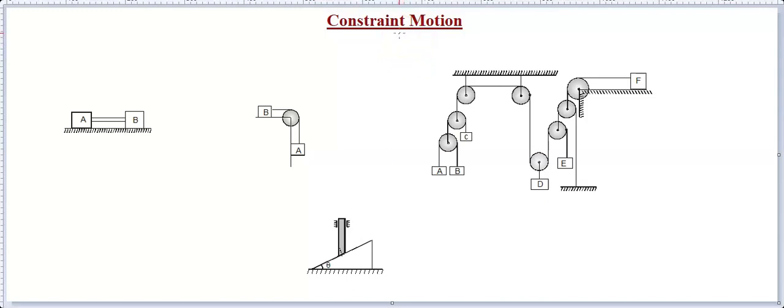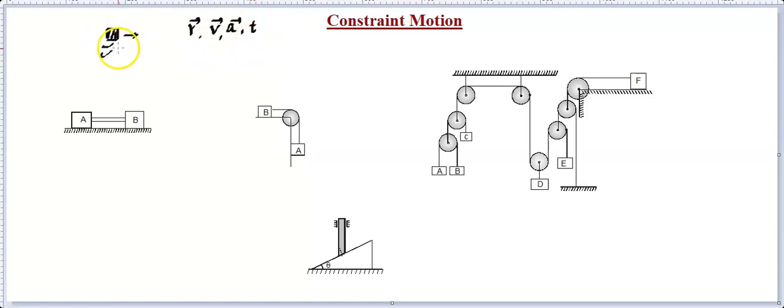in this particular video. So by now what we have understood in kinematics is that if there is one particle and if this particle is moving, we are able to describe its motion. That means we know the relations, like what the position of the particle is, what the velocity of the particle is, what the acceleration of the particle is with respect to time. So we know all these parameters with respect to time for a single particle.